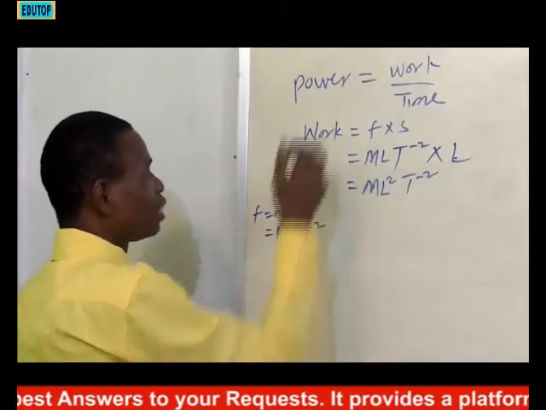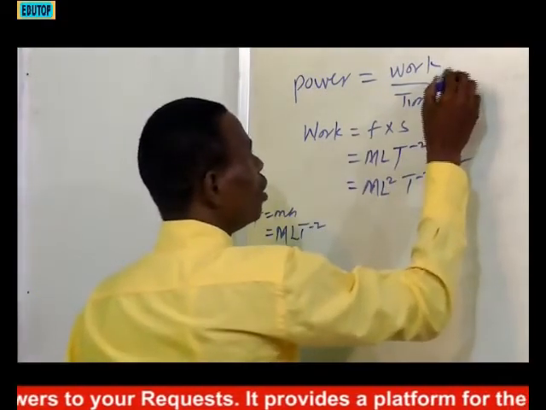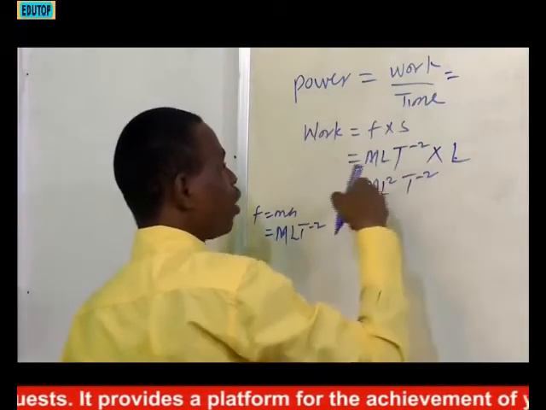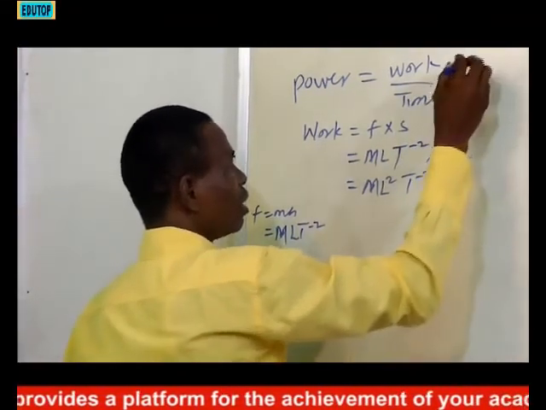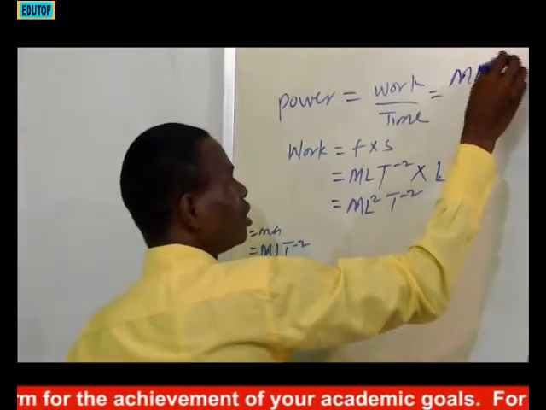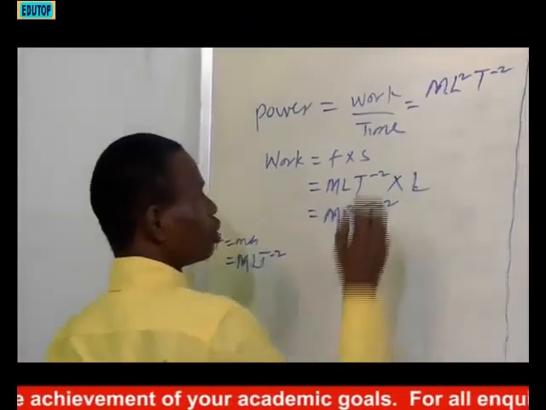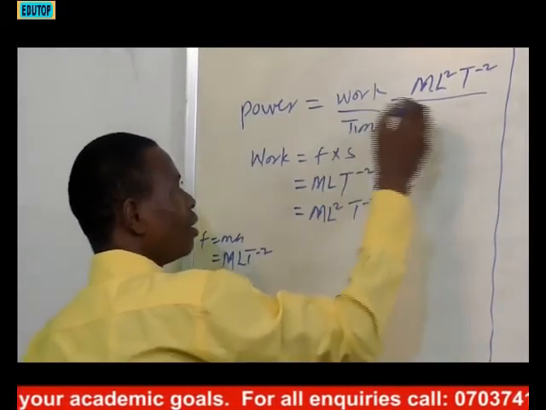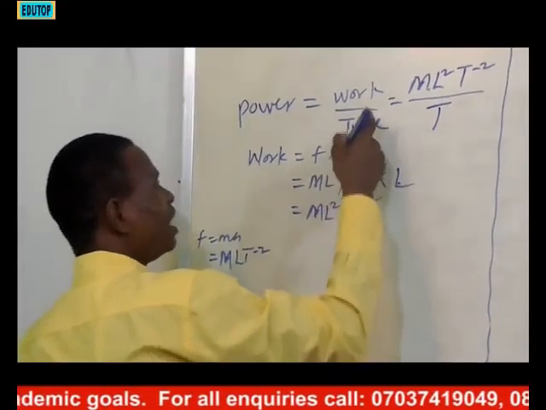But you remember that where we are going is power. But we have to get the dimension of work, which is this. Write it there. Let's see. M, L squared, T minus 2, over, now divided by time. And the dimension